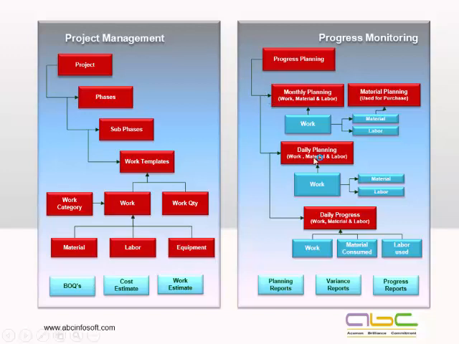After the monthly planning, from the monthly planning data itself, we can find out what is my daily planning. Daily planning means, let's say, what is the total target for the month, out of which how much we have already covered, and then what is my plan for the next day. Again, similarly to the month planning, we'll be defining the work. The system will give me the material and labor requirement against the work, and then I can go with the daily progress reporting. Once the work is done, at the end of the day, I will be reporting how much actual work is done, how much actual material consumed, how much labor consumed.